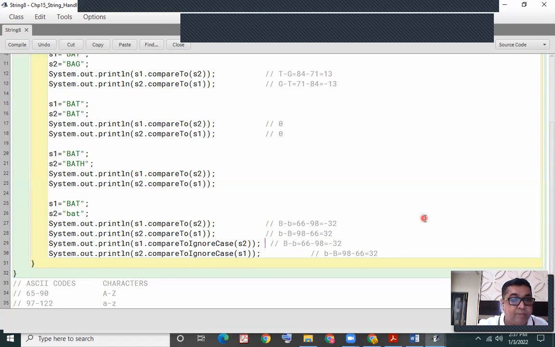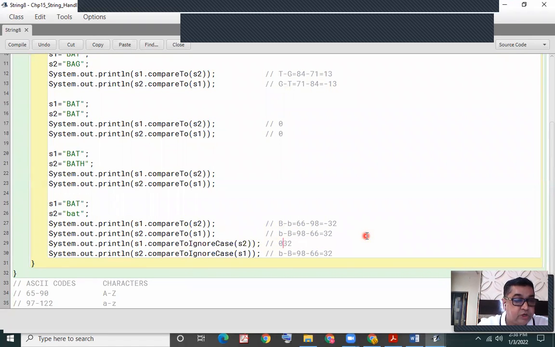Let me tell you what would happen in this case. Java will not differentiate between bat, which is stored in S1 in uppercase, and bat, which is stored in S2. It will not differentiate them. So what is the answer value that we'll get when the computer with Java compares them? It will give us 0 in this case.